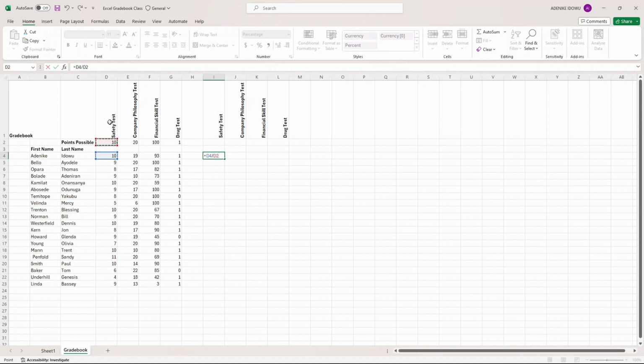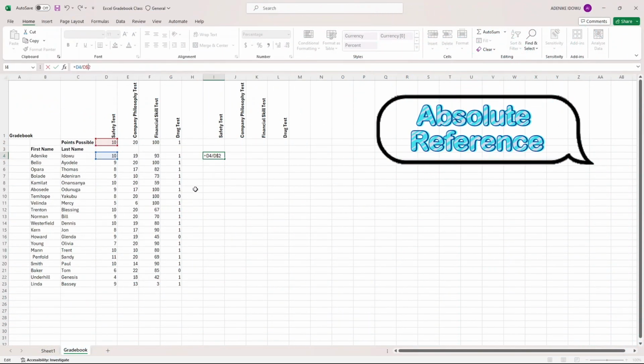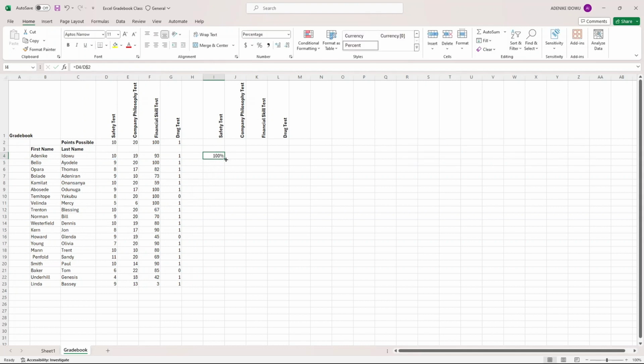Then we add the dollar sign. The dollar sign shows that it's going to absolute reference the point possible. If you see, we placed it exactly at the point possible, the safety test, which is 10. So that way you get 100%. So if you self-fill it all the way down, it's not going to give you an error. And then you have the exact